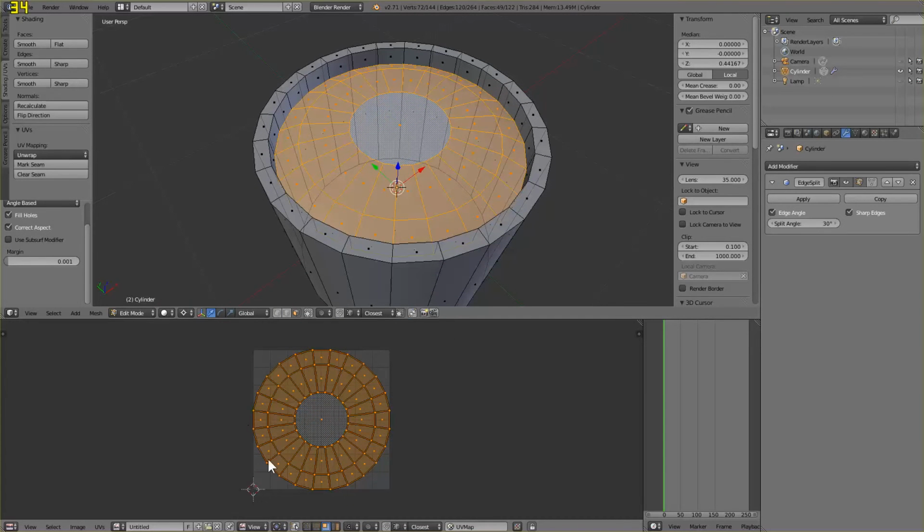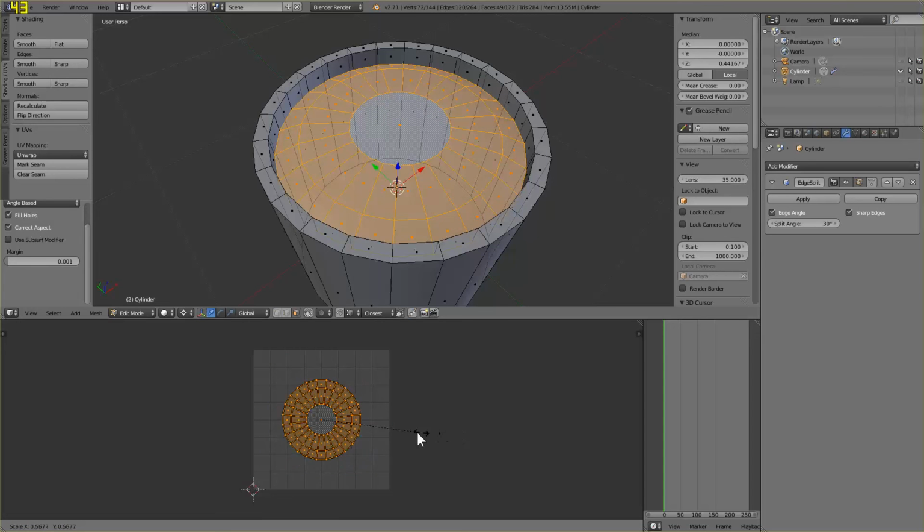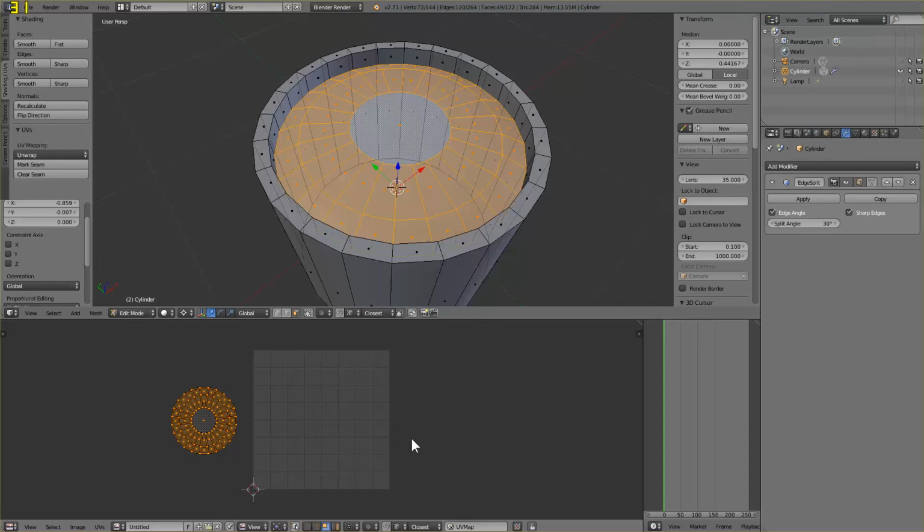And here we are. We have a big circular unwrap. Now I'm going to scale it down a little bit and just move it out of the way for the moment. Everything that you unwrap will appear in the center, so I tend to move things to the side until I'm ready to work with it. Now that we have something unwrapped, though, what I'm going to do is open our texture, which we're just simply going to use